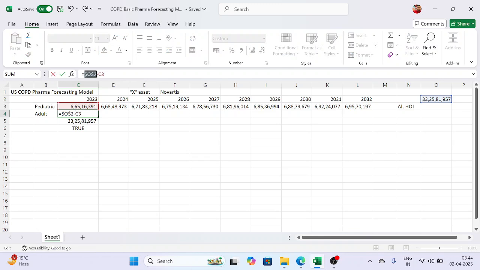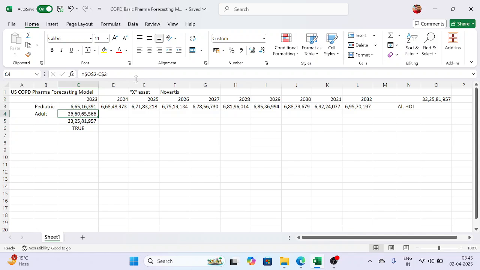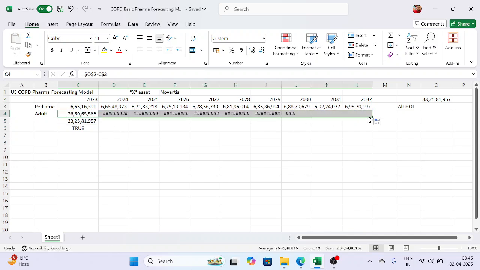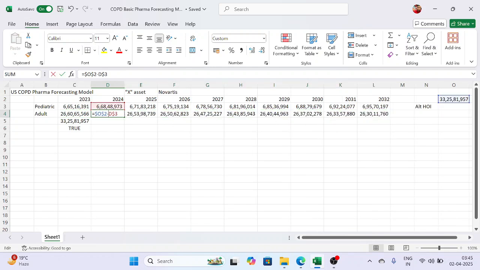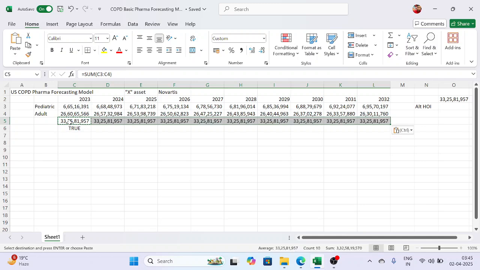We need to lock it by pressing function F4, right? And this number we need to do in a moving direction, which is right. Alt HOI, right? Let's see, yeah, formula is correct. So this will be our total